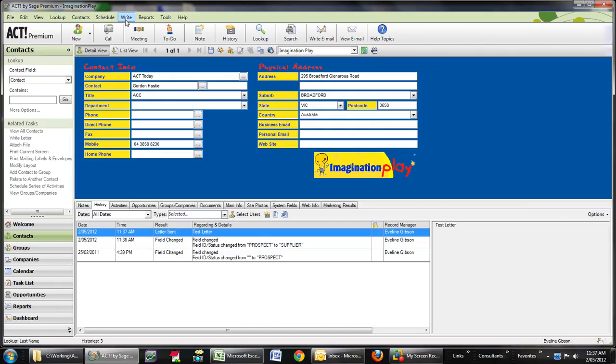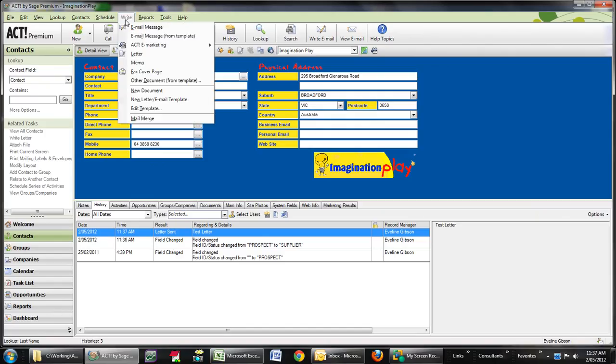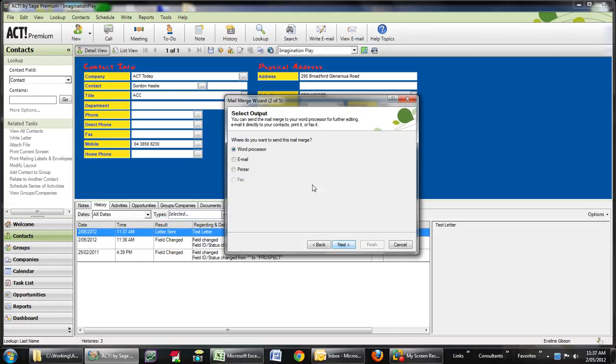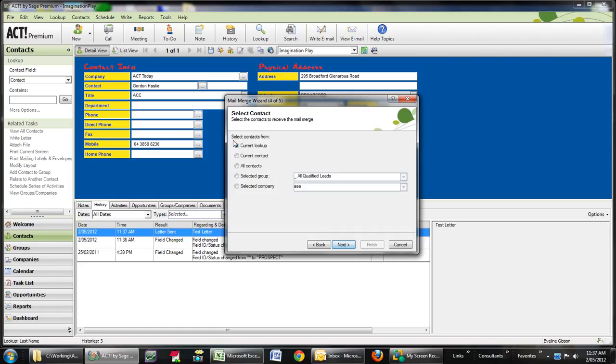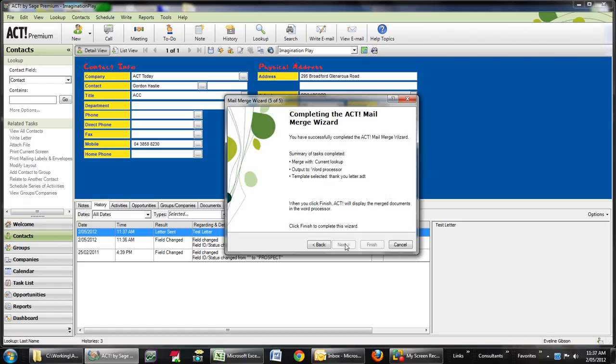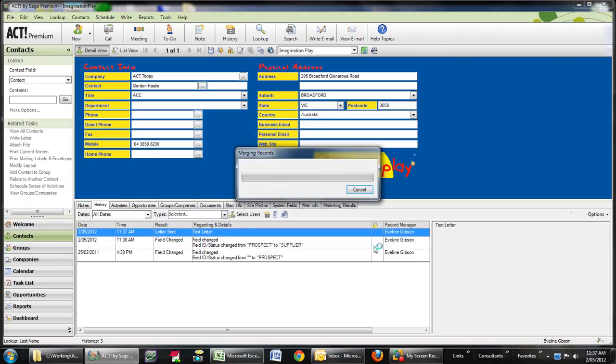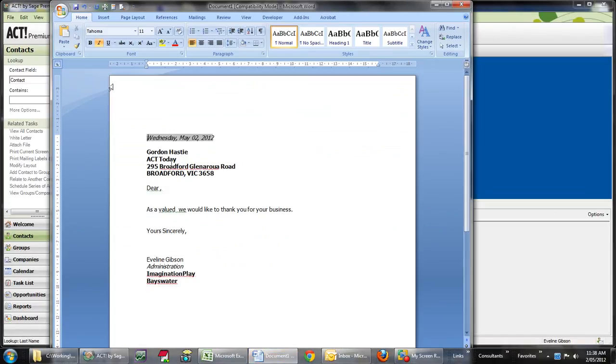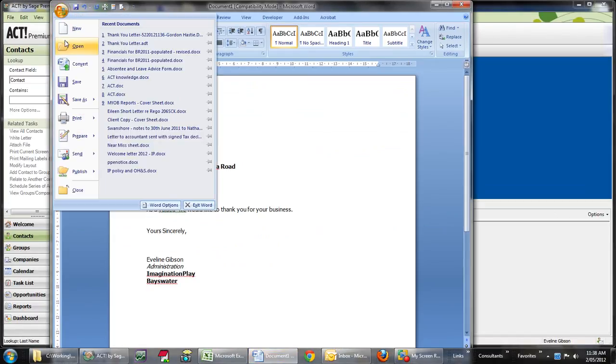So now I will do exactly the same thing and write another document. I can either write that there, or I can go mail merge next to the word processor, thank you letter, current lookup, of 1, the key is lookup, and then finish. And there it is. And then if I print that